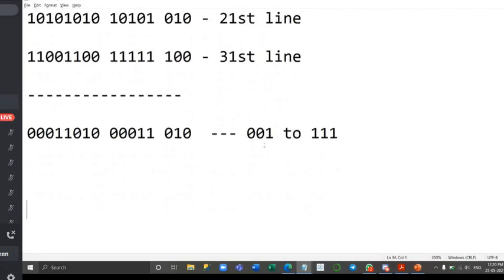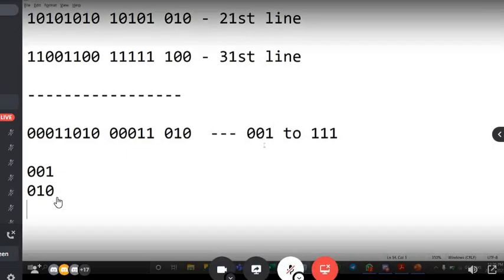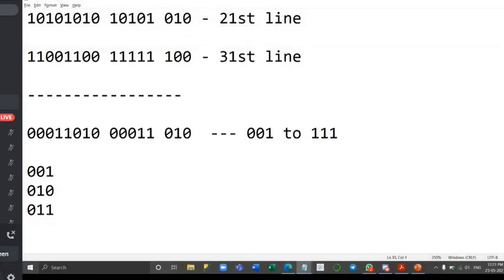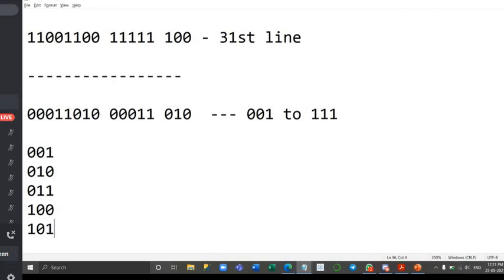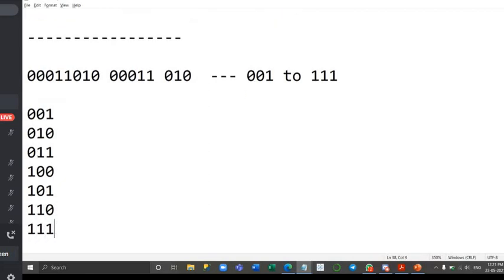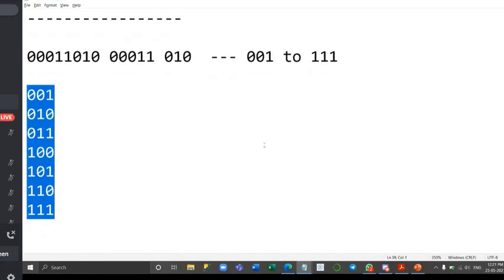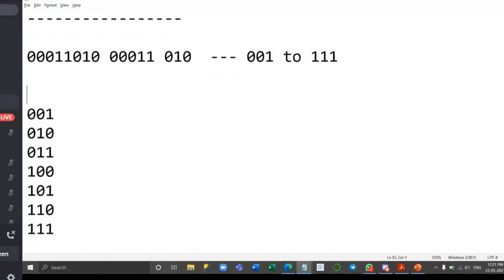Exactly, that's what I was telling him yesterday. I asked him, sir, it should start from 000. He told me no, it will start from 001, which is why I was not in agreement with him. If he said we will get in total 8 addresses, that is not what we are getting, because with 010, 100, 101, 110 and 111 we get in total 7 addresses here. But if we're supposed to get 8 addresses, we need to include 000.